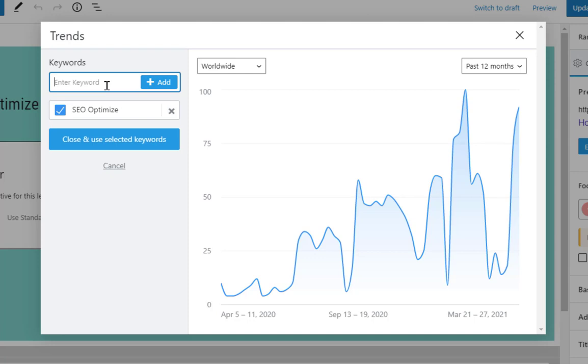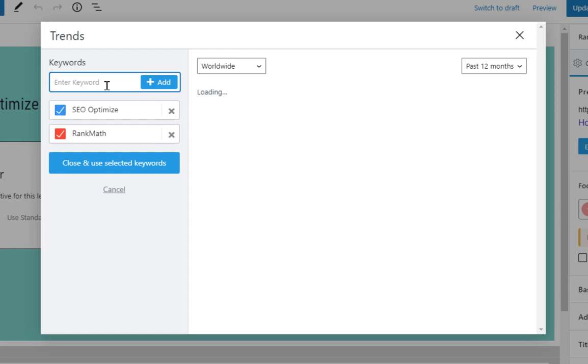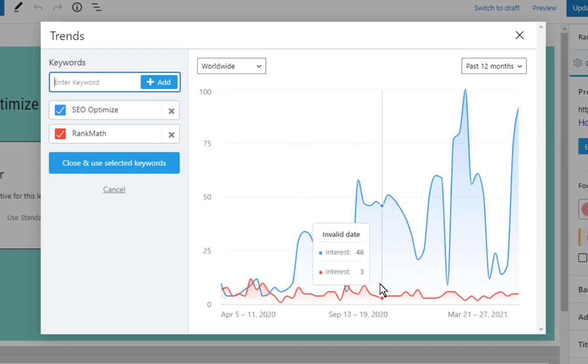RankMath actually allows you to put in up to 5 different terms that you can use for keywords, which is a great thing because I've used other SEO plugins and they only allow you to optimize for one keyword, and it gets a little bit frustrating with that. So in this case, I know it's going to be with RankMath, so I'm going to type in RankMath and let's see what we get with that. So RankMath I'm expecting is going to be quite a bit lower, but it's a search term that I want to have included here. And sure enough, you'll see RankMath is quite a bit